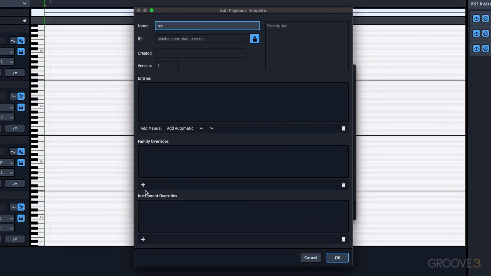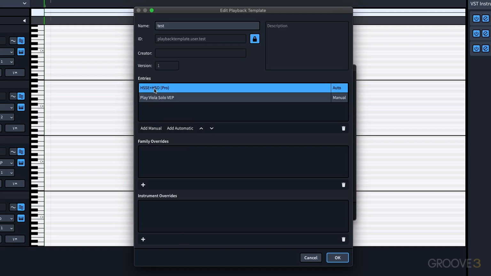And we'll just call this test because I'm not going to save this. I'm going to navigate to entries, and we're going to take a look at Dorico's ability to filter instruments. I'm going to go ahead and start with the default Halion Sonic SE, and then I'll add my viola endpoint configuration. I'm going to filter out the viola in the Halion Sonic SE. Therefore, during the loading process, it'll skip any violas and we'll move to the play viola endpoint configuration to load